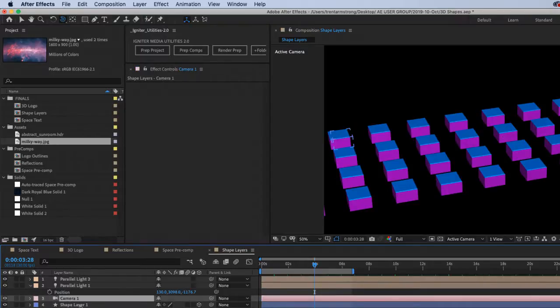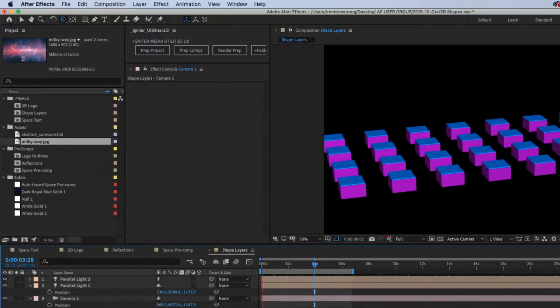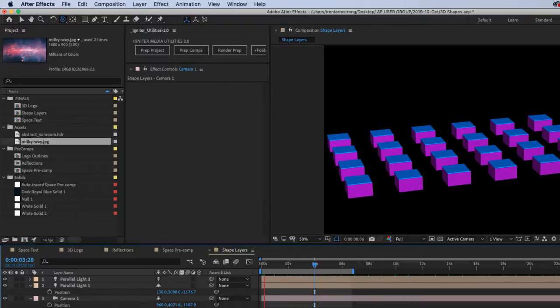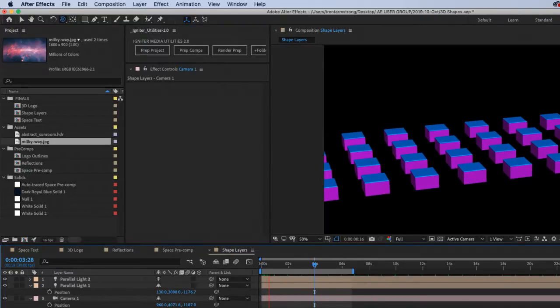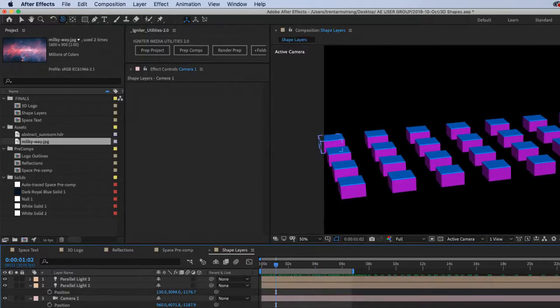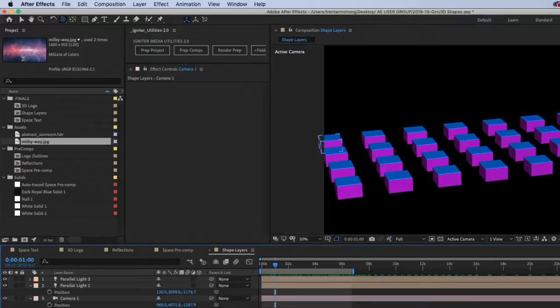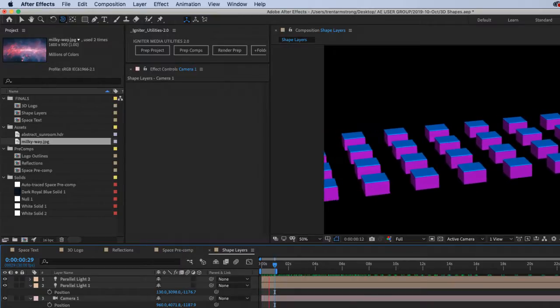Okay, so let's pull the camera in and then do our RAM preview. So we'll go back to 1. There we go. That is so cool.